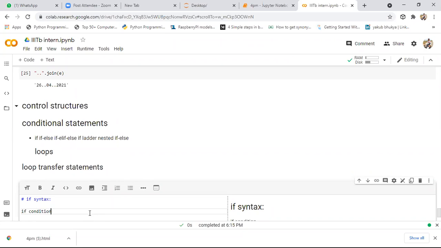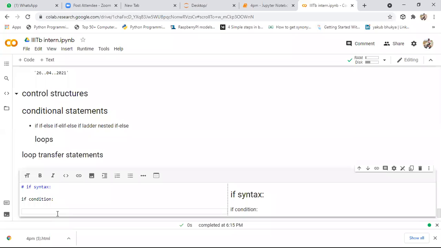After specifying the condition, in Python, indentation is very important. Indentation plays a crucial role. In the C language, we keep flower brackets, right? Like flower brackets, here indentation plays a crucial role. Whenever you keep indent, by default one tab space will be created in the program. If you are writing a statement inside the tab distance, it means that statement belongs to this block. So here I'm writing some statement.